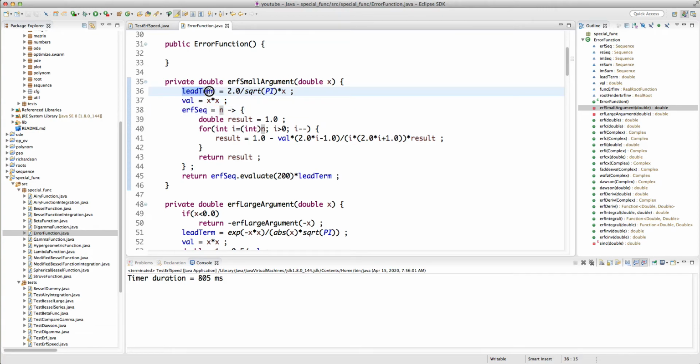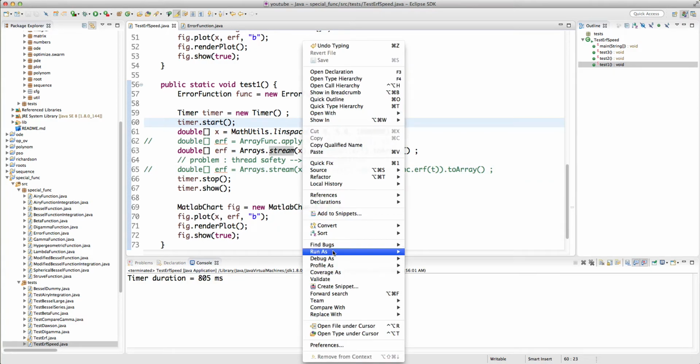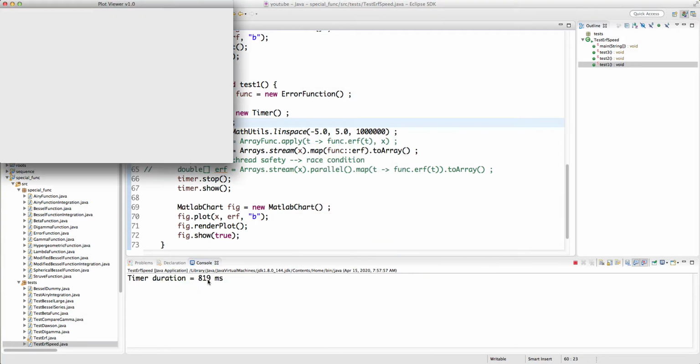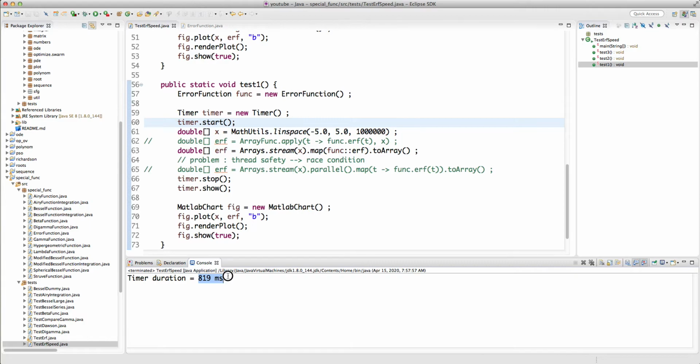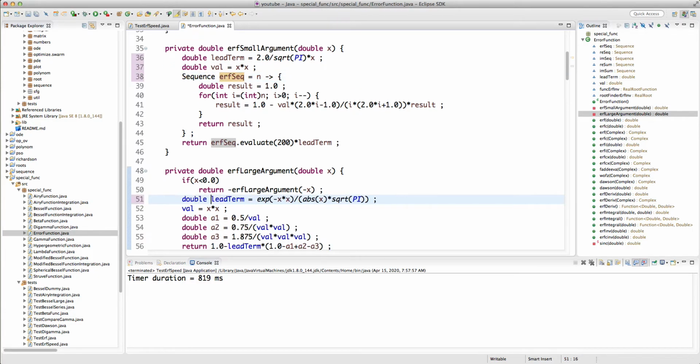And if any of these parameters change the instance variables that are related to the state of the object. In this case, you see both this lead term and val, they change. And the reason I implement it like this is because in sequential evaluation, we're not creating as many object references. So the garbage collector has an easier task to do because there are fewer object references. All right. And then we clearly see that effect in the fact that when using the instance variables, we're gaining some computation efficiency. So if I go back here and change these to double, change these back to local variables, and then double here,